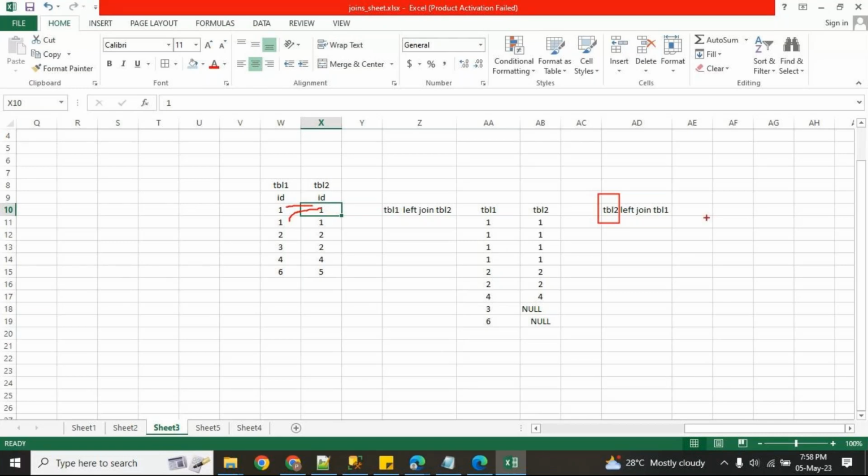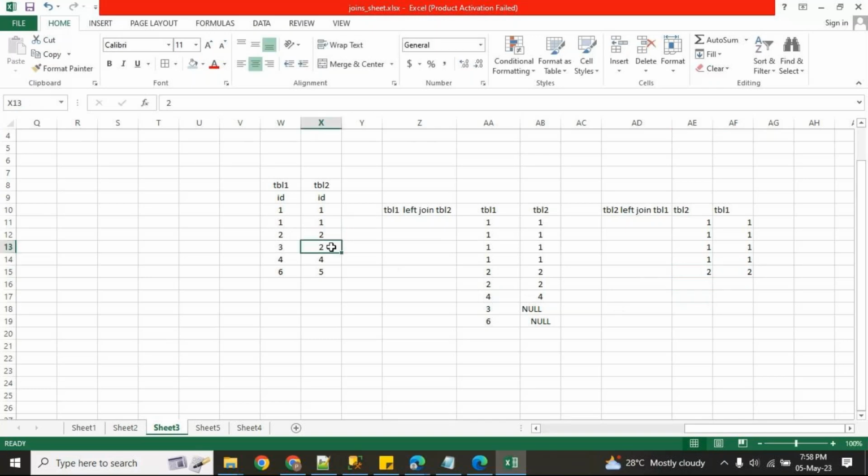So I want 2 records for table 2, table 1. This one is matched with the 2 records, this one is matched with the 2 records. This 2, how many times is it matching? 1 time.